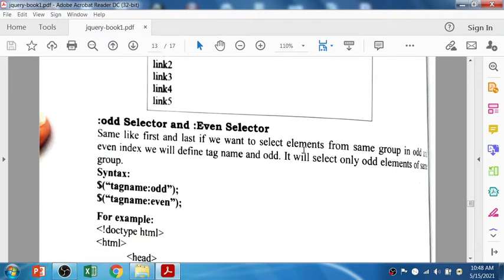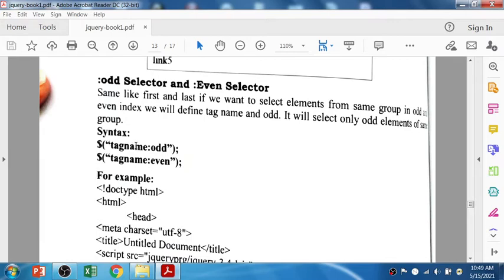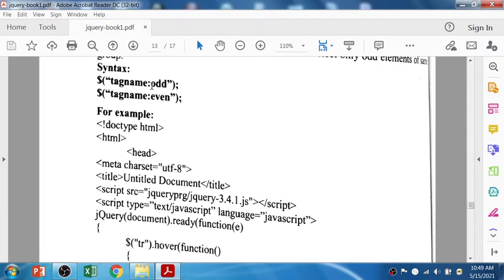Then we have the odd selector and even selector. Same as first and last, we want to select elements from the same group at odd and even index. We define the tag name and odd, and it will select only the odd elements of the same group. Let's see the tag name odd, right? And the tag name, let's say even. So you can see that,